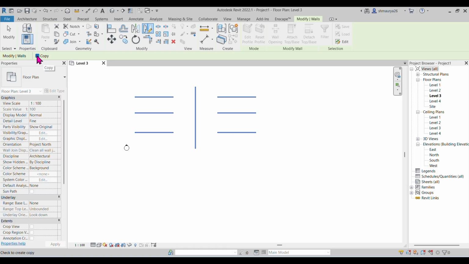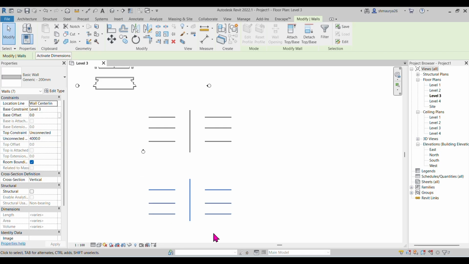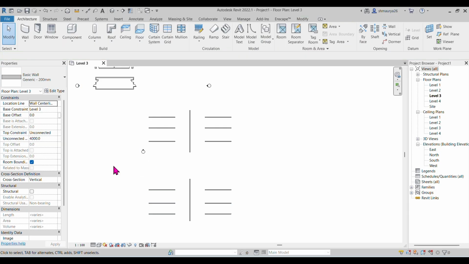So currently you can see here a copy command is activated. So first we will see with this one. See, in this way you can just pick the mirror axis and you can see the elements are now in the opposite direction. So if I just wanted to